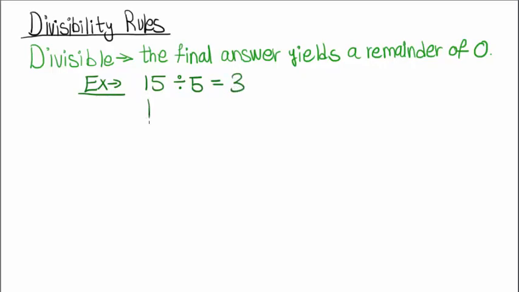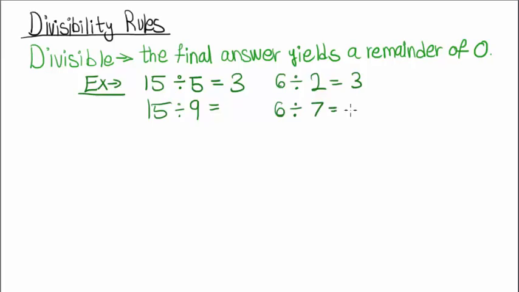On the other hand, 15 is not divisible by the number 9 because when I do 15 divided by 9, I will get a decimal answer. Similarly, 6 is divisible by the number 2 because 6 divided by 2 will give me a whole number of 3. On the other hand, 6 is not divisible by the number 7 because 6 divided by 7 will give